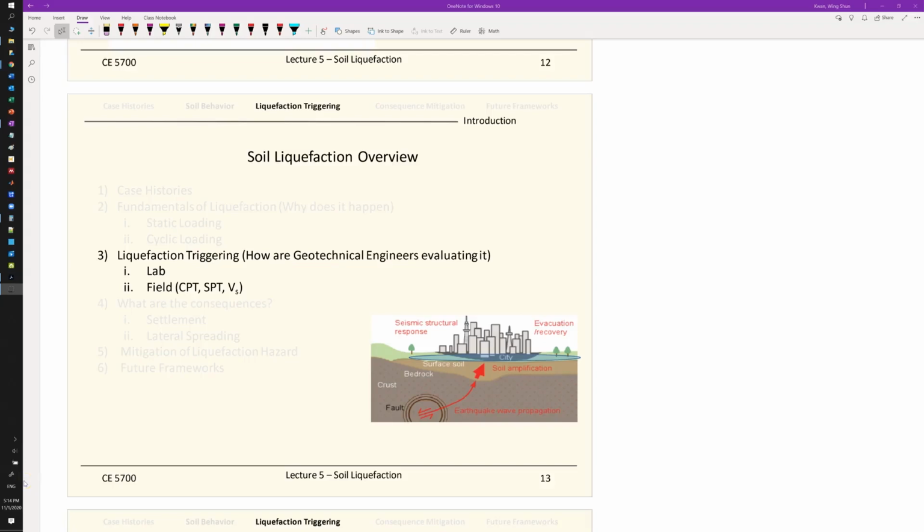Okay, we can start to talk about our soil liquefaction evaluation. So we can talk about the evaluation part now. And that's three steps, or like three main parts when we come to evaluations. First is the soil liquefaction